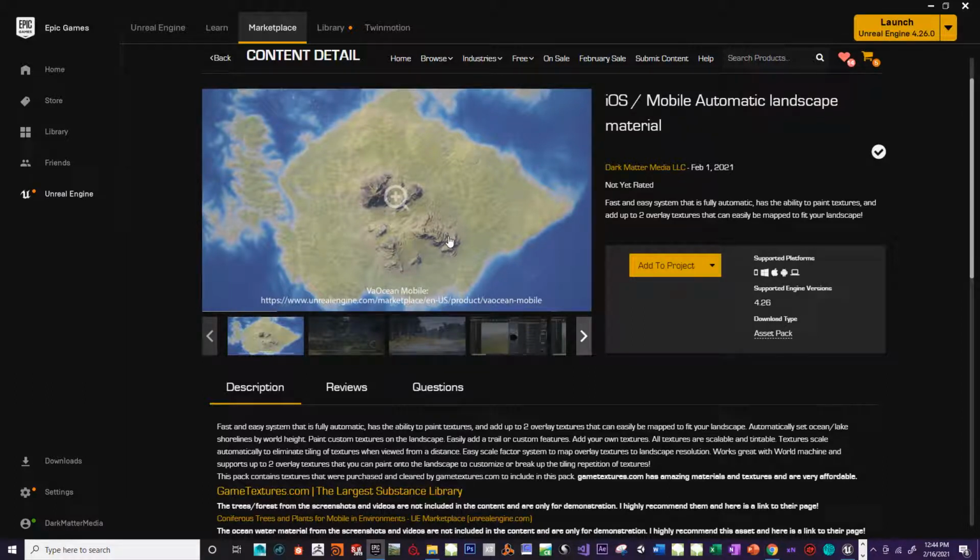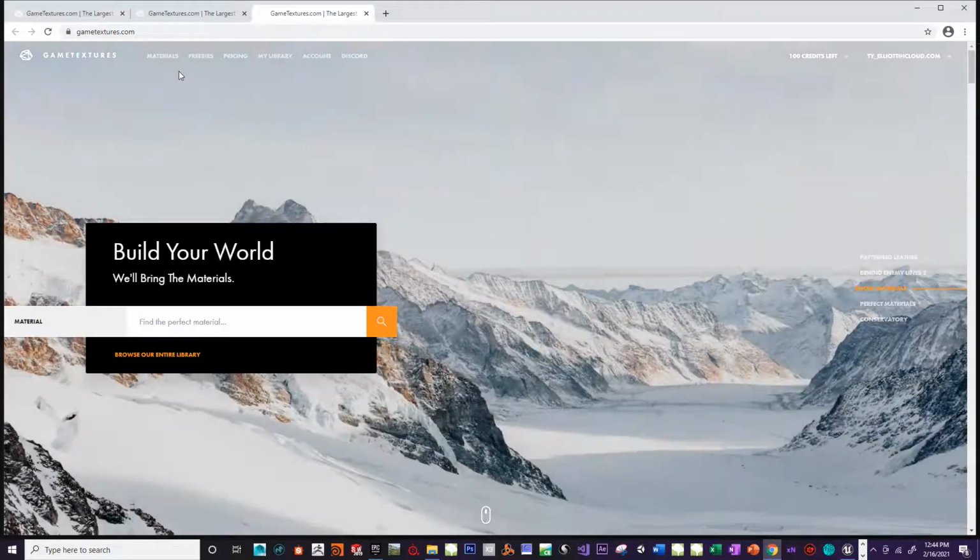So okay, for this tutorial we're going to go over how to use GameTextures.com with this pack. GameTextures.com allowed me to include textures in this pack that are used for the landscape. And if you click on the link, it will take you to their website, and I have 100 credits